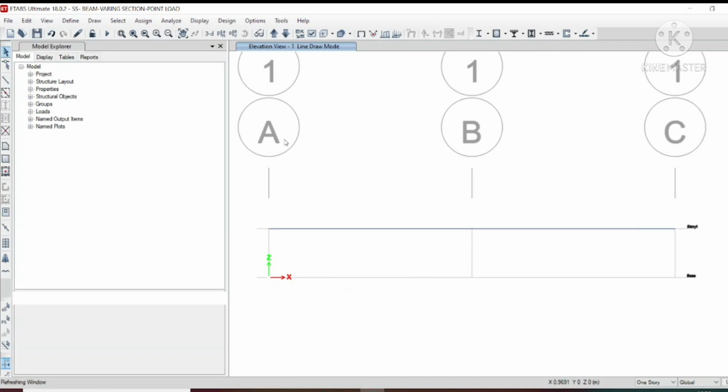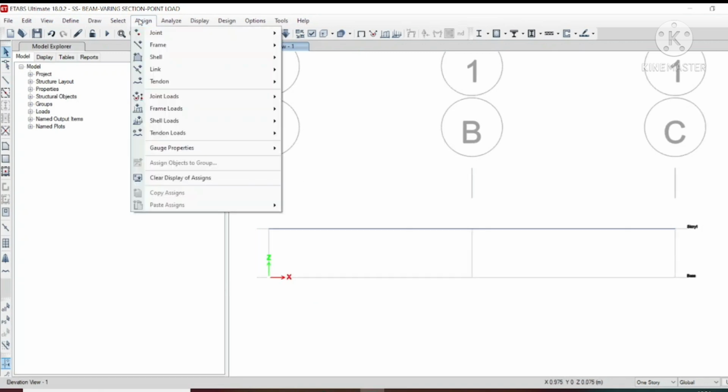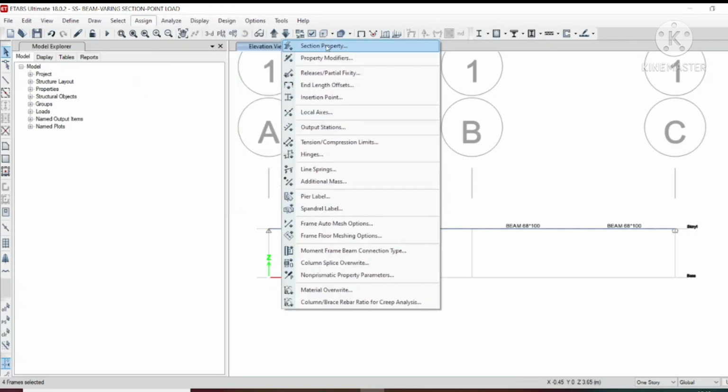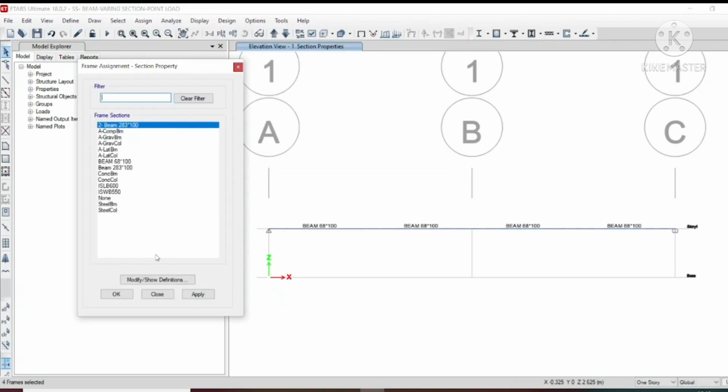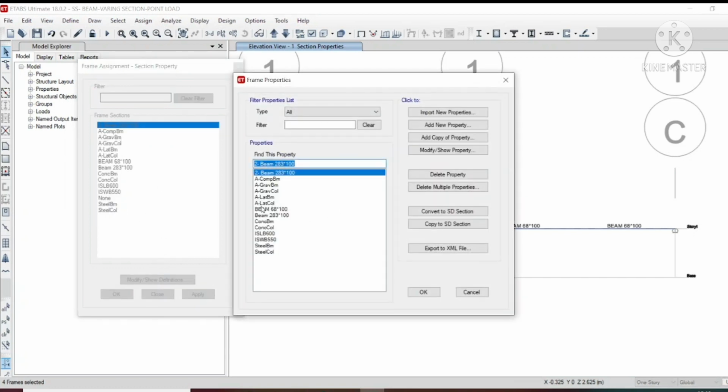Yes, we have applied a fresh beam here, and let us assign a sectional property here,